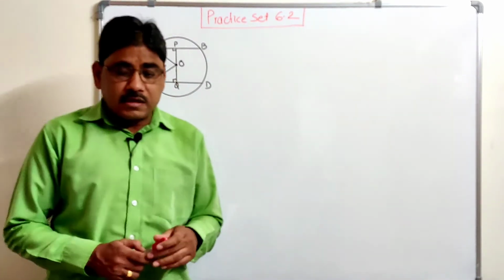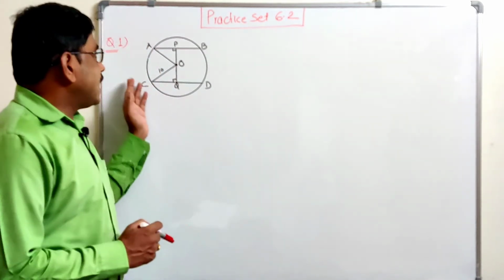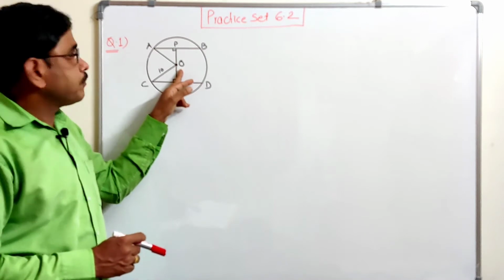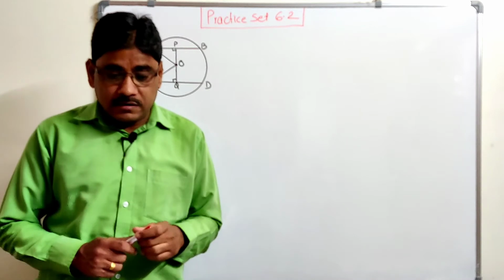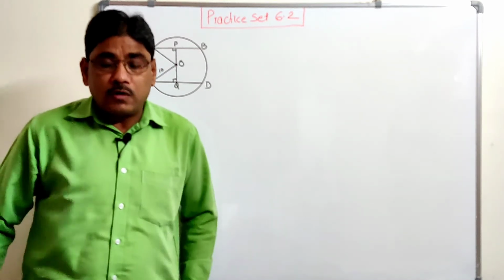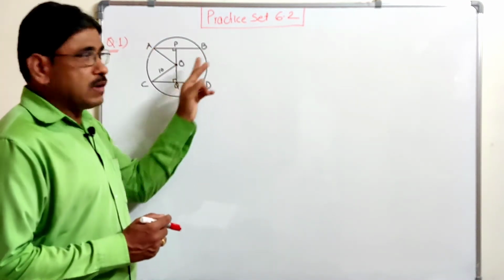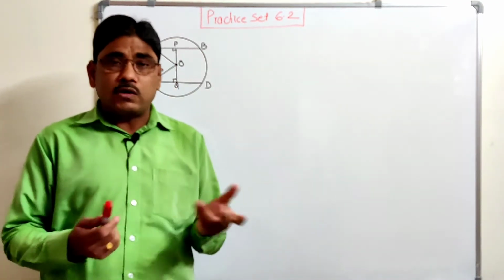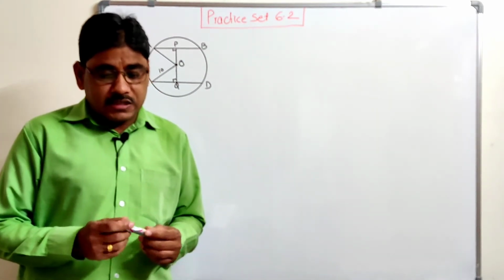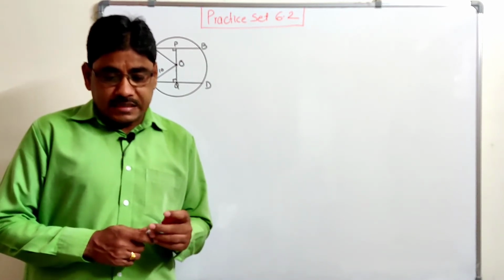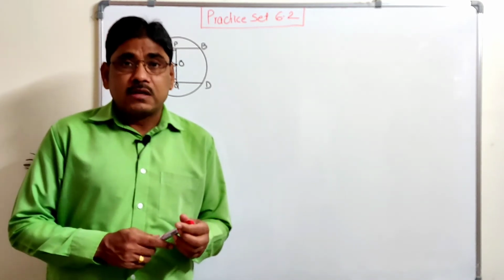What is given? Read the sum carefully. Radius of a circle is 10 centimeter. So here we have drawn the circle with center O. This OA, OC, all these are the radii of the circle, that is 10 centimeter. There are two chords of a circle having length 16 centimeter each. Suppose AB is one of the chords, CD is another chord. Congruent chords are there having length 16 centimeter. Then what will be the distance of these chords from the center of circle? So we have to find the distance of that chords from the center.